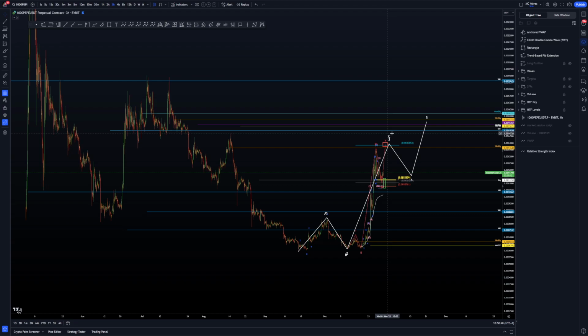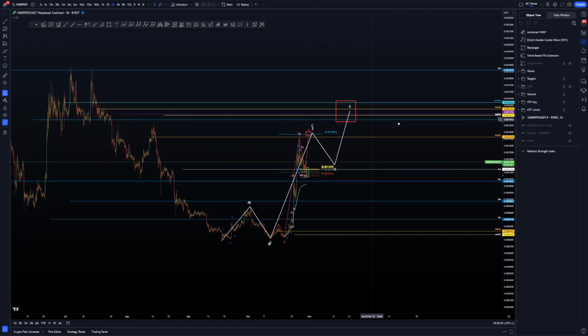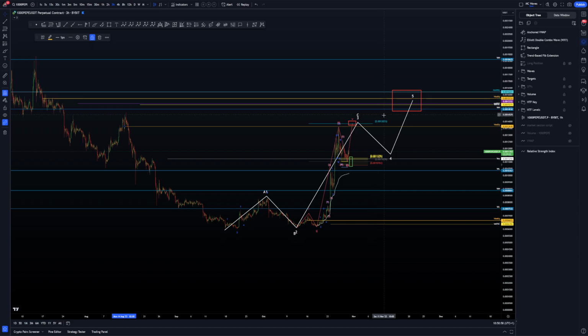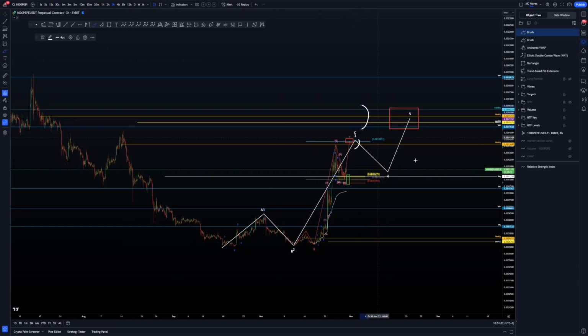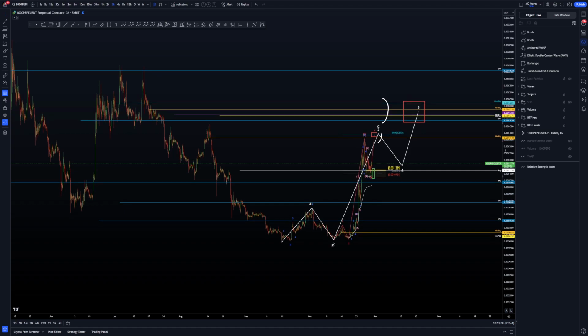weekly and this big zone of resistance here of confluence. Okay, right here, this nice red box here, we have this big red box here on the chart to be aware of before to look for higher prices directly. Okay. So yeah, these are the two resistance, so the two next take profit really. If we have to make something bearish, these are the two next targets you have to be aware of. If we get the rise, of course, if we don't get it, then we're just going to continue lower and